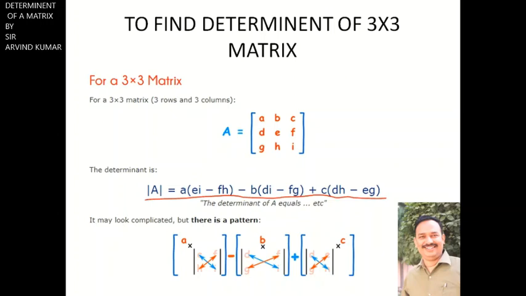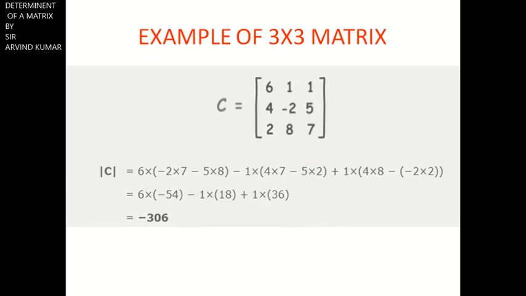d g f i, and their cross multiplication gives us the value, and plus we take c. What is the position? 1 3, and 1 plus 3 is 4, that is, the sum is even, so we take positive here. And then what is left by deleting the first row and third column? d e g h. Take their cross product and find the answer. Let's discuss this by example. It will be quite easy for you to learn it by example.